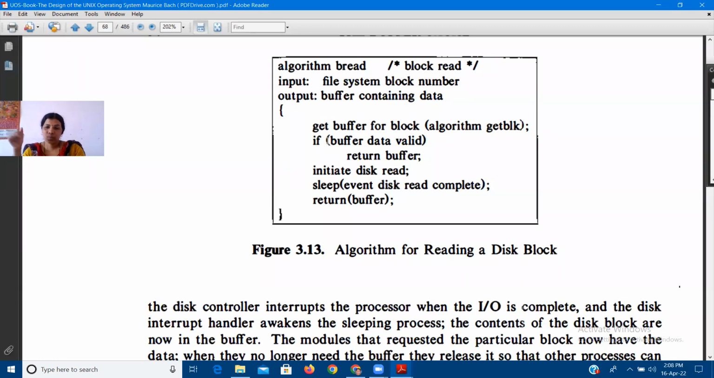So for that purpose we are using the breada algorithm, and here we are discussing the bread algorithm. So the limitation of this algorithm is that only one block of the file we are able to read with the help of the bread algorithm. So input to this algorithm will be the file system block number. The file system number will already be decided after booting the machine. So by default the file system number will be available to the kernel, and whenever we are opening the file,